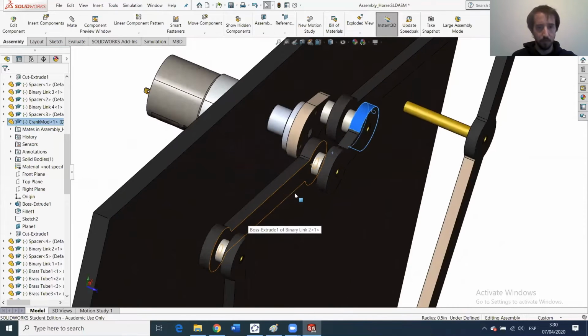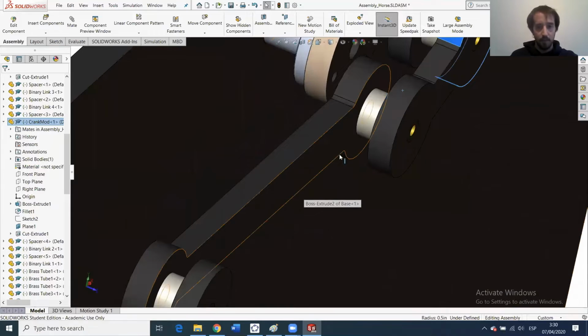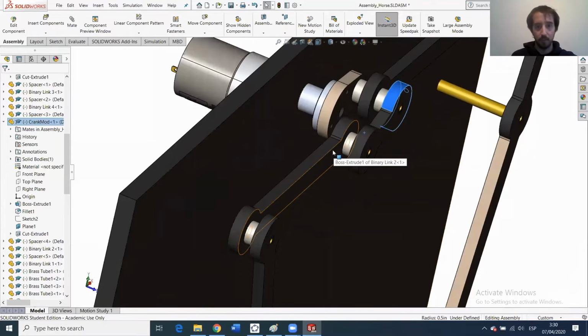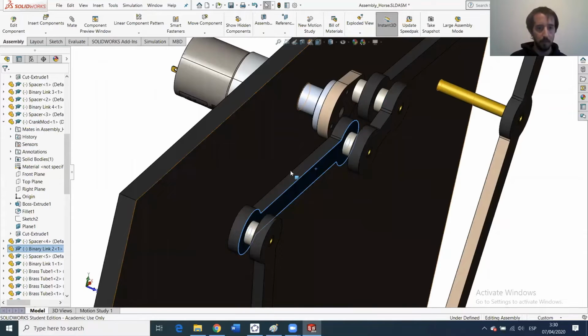I paused for a moment because I just realized that this bar is colliding with this other, right? So remember when I told you some time ago that we could choose to continue with this bar in this place or in the other place? If we continue in this place, this will collide with this, which is what we wanted to avoid, and the reason why we made all this hole here and everything. So I will have to delete the relationship of this bar, to put it into the other side. So I select this bar,